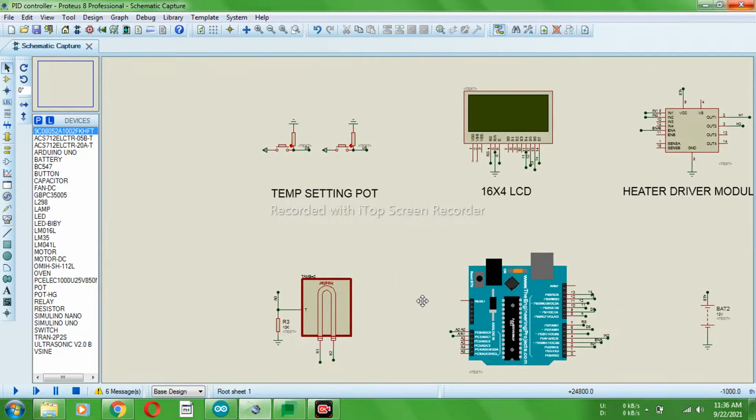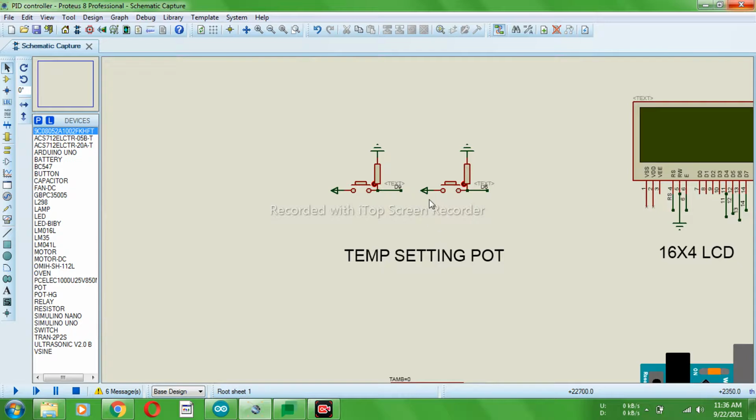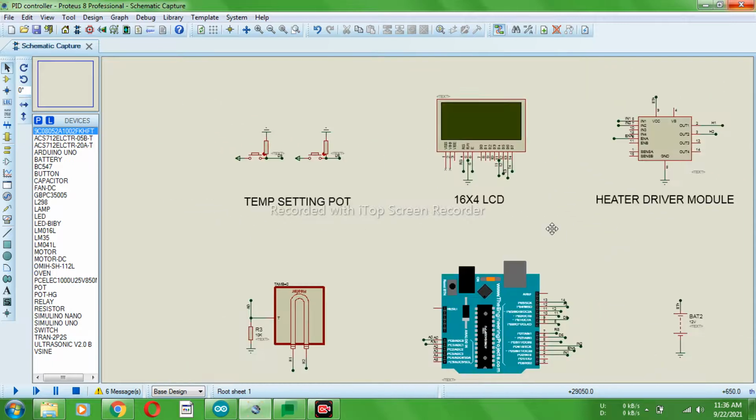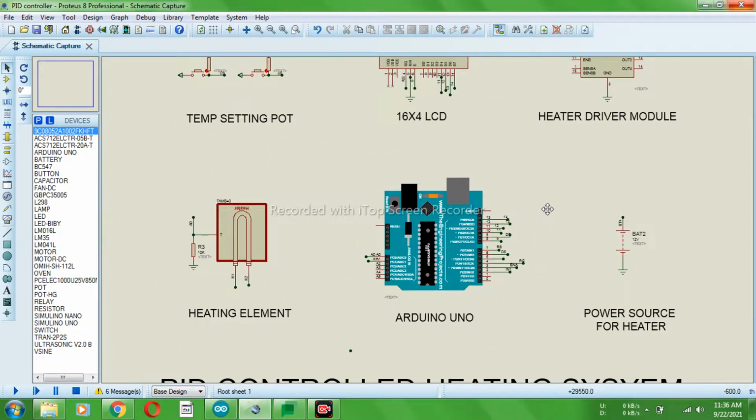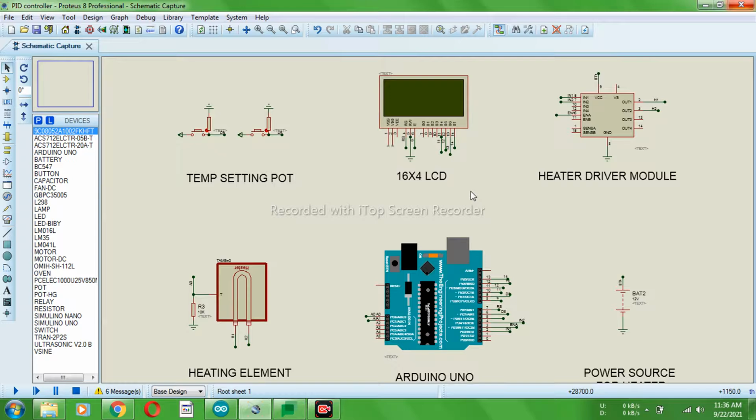And then after that you can see these are the buttons. As you know, it is a PID controlled system, so in this way we need to provide the value we want to set. So using these buttons we can increase and decrease the values of temperature, and we will see it in the demo. And here is the battery, a 12 volt battery. The heater requires a lot of current, so to fulfill that we are using a 12 volt battery here. The battery provides as much current as we need, so that's why we are using the battery here.